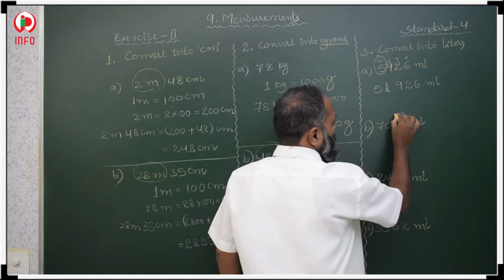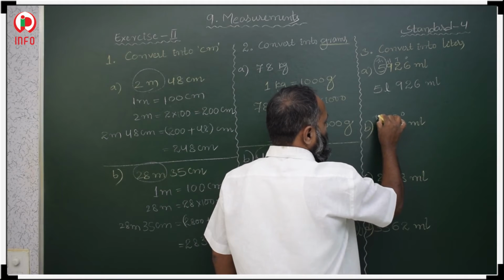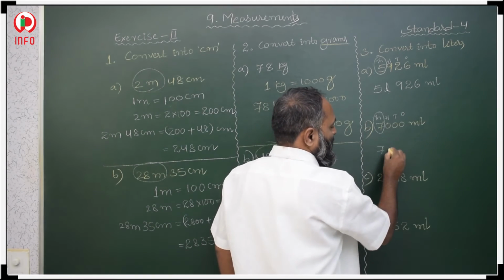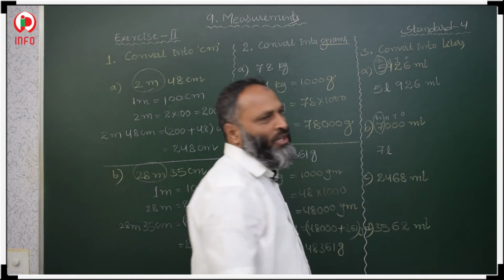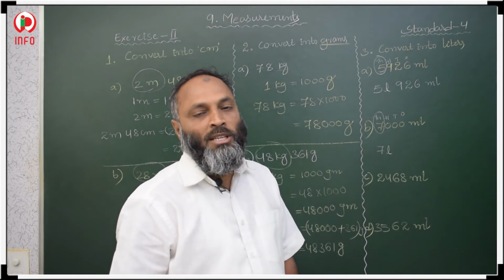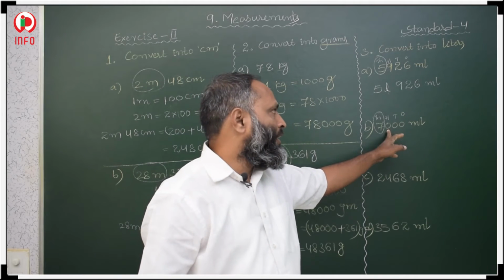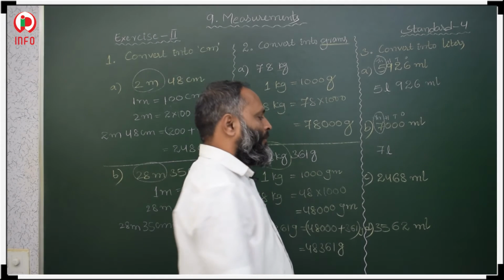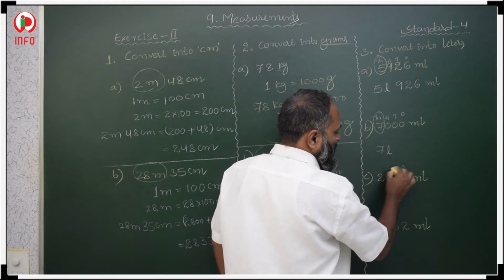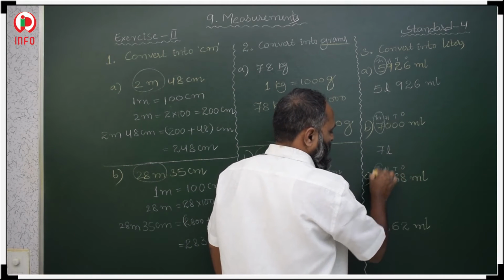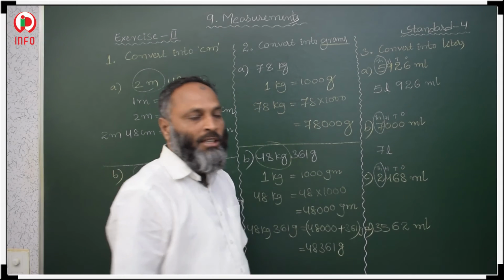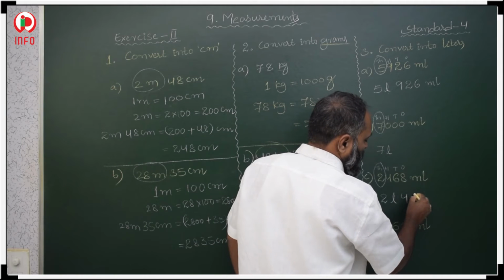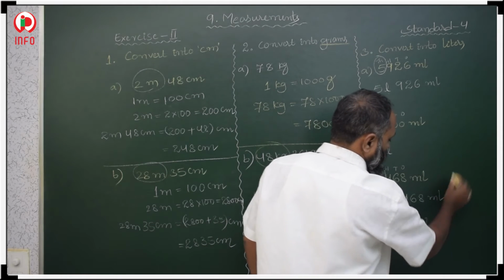5 liters, 926 milliliters. Here also, this is ones place, tens place, hundreds place and thousands place. In the thousands place 7 is there, that means 7 liters. The remaining are all zeros, no need to take milliliters. Why? In the milliliters place we have zeros. If we have zeros, then no need to take. Other than zeros, if any value is there, then take it in milliliters. Now here, ones place, tens place, hundreds place, thousands place. What is there in the thousands place? 2, that means 2 liters. The remaining milliliters part, 468 milliliters.